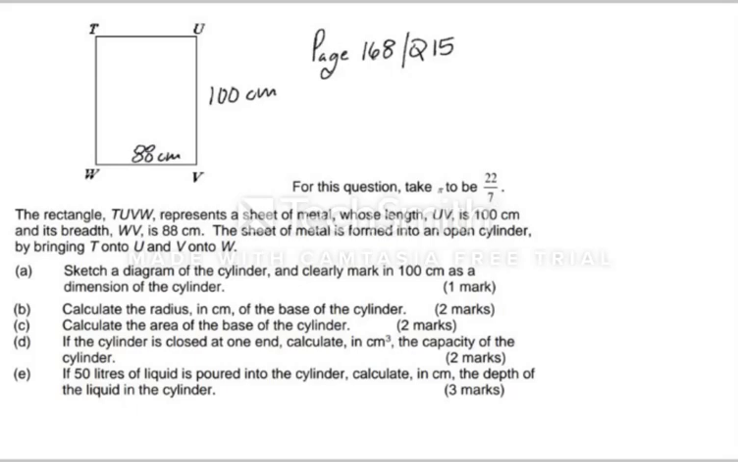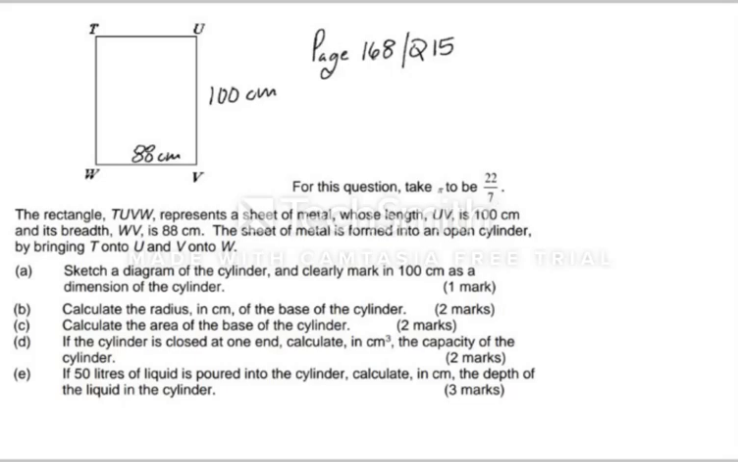All right. It says the sheet of metal is formed into an open cylinder. Open cylinder means that it has neither top nor bottom. If it's a container, it would have maybe a bottom, but not necessarily a top. So it's formed into an open cylinder